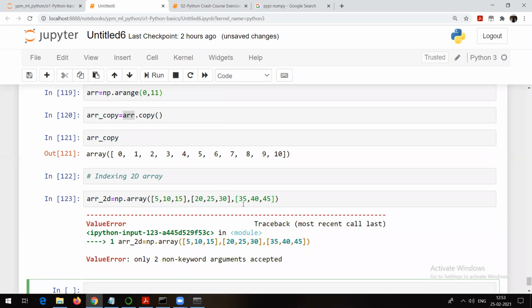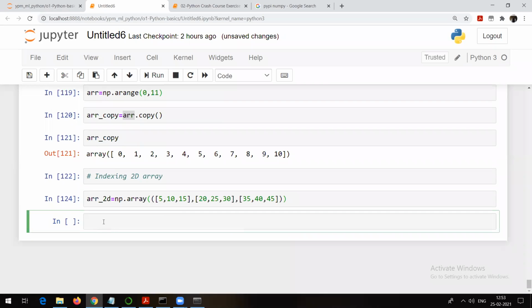I made a mistake, I am missing a bracket. Now my ARR underscore 2D is going to look like this.